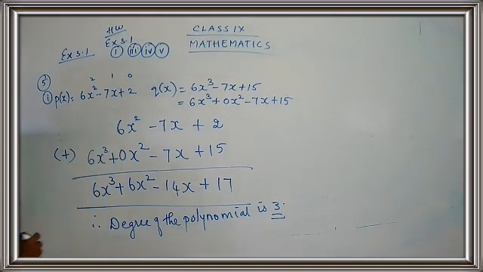I hope you are clear with the addition part, children, addition of polynomial. So this is how you are going to add the polynomial. You have to write down the first polynomial. You have to see the second polynomial. If any of the term is missing, just put the terms and you have to arrange them properly and you have to get your answer. Done. So degree of the polynomial is 3. So how to find out the degree of the polynomial? You have to just see the highest power. So what is the highest power here? Highest power is 3. So degree is 3.